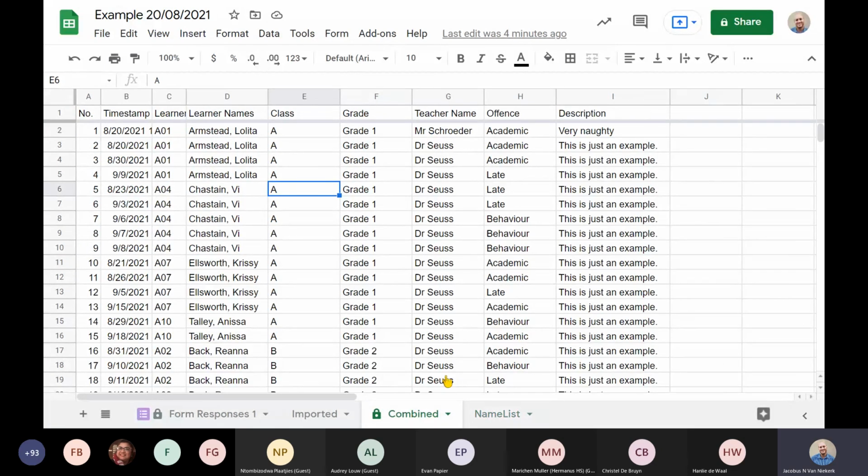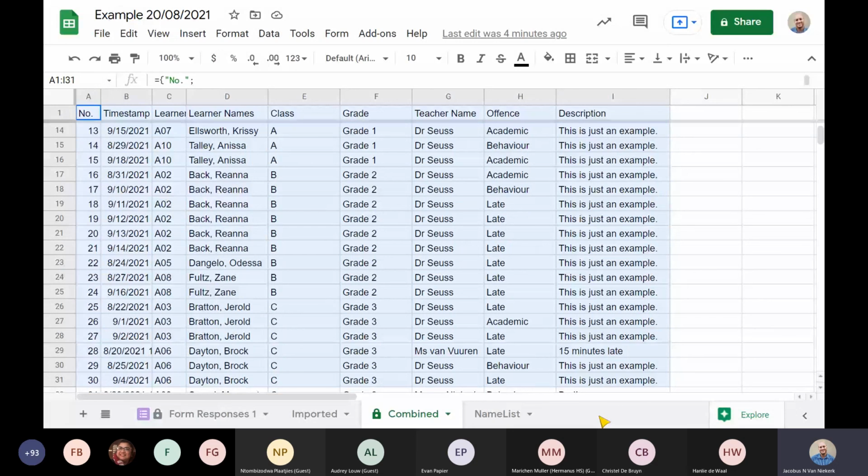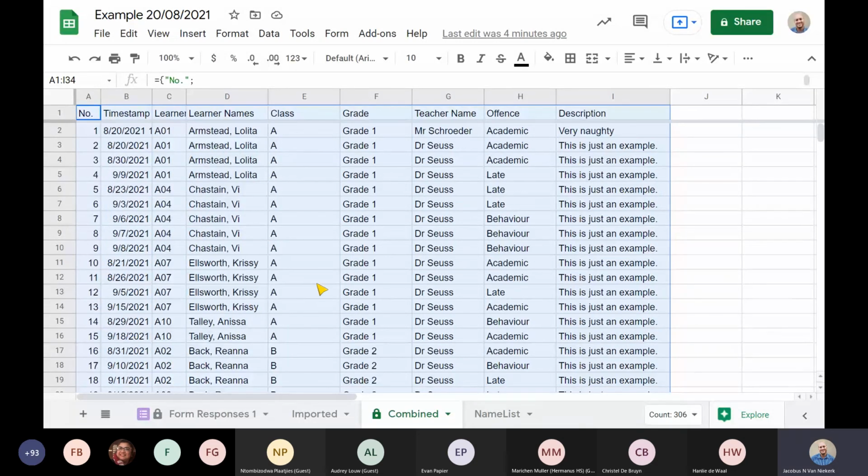For next week's session on Data Studio, it really is a very, very nice session because it opens up this data set that you see in front of you, which is essentially a clumsy, difficult thing to read and interpret and understand. But Data Studio takes this and turns it into a visual report of that data set that you can really make sense of. So the process of going from a simple Google Form all the way to a Data Studio report that gives us the information is a very, very nice thing.